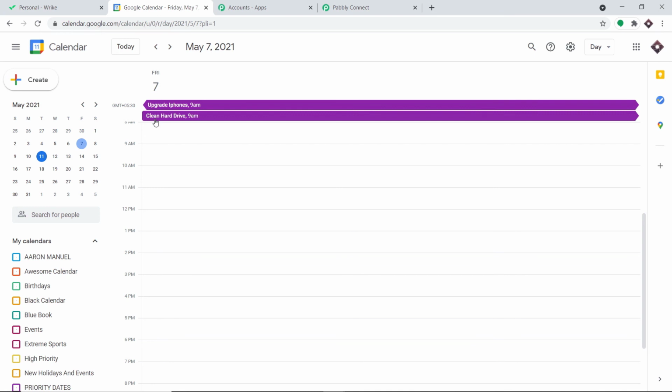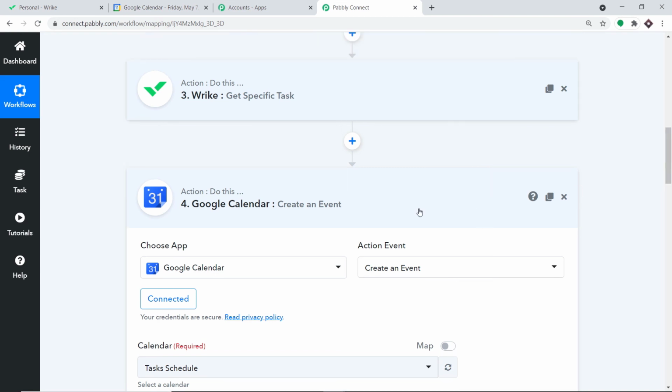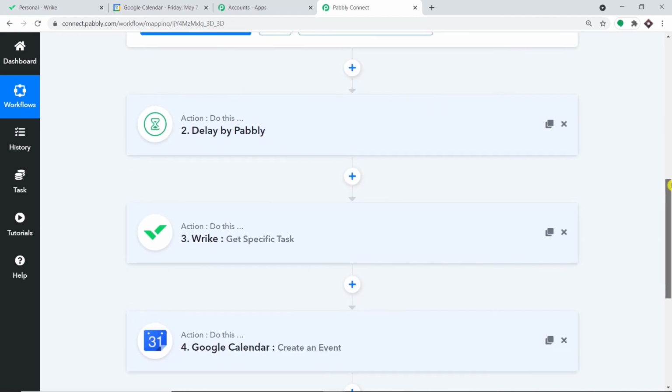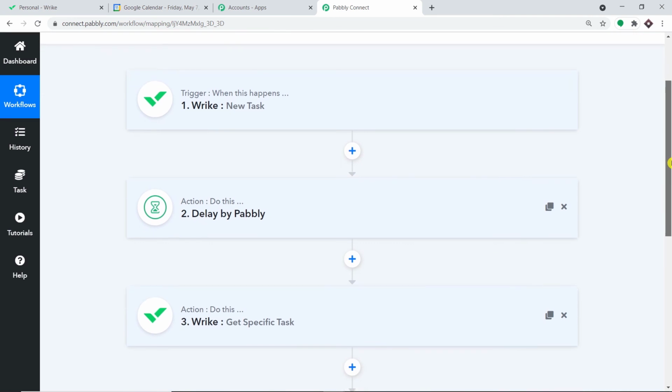So before you leave, let me just take you back to Pabbly Connect, and let me explain the whole mechanism in a nutshell. So let me just minimize this action window. Minimized. I have already minimized the rest of the windows. Okay, so let me just minimize this trigger window also. So basically this is the whole process in a nutshell.